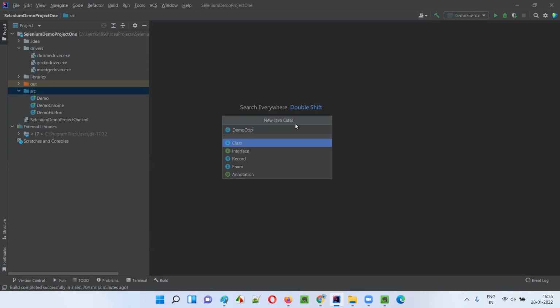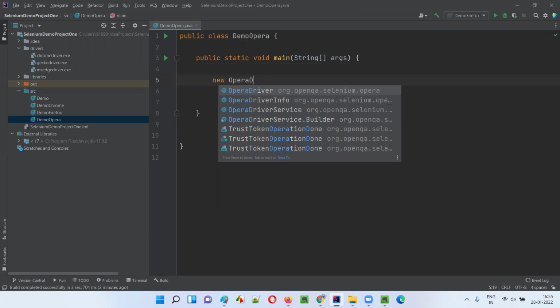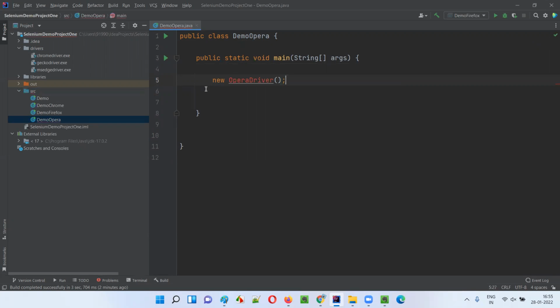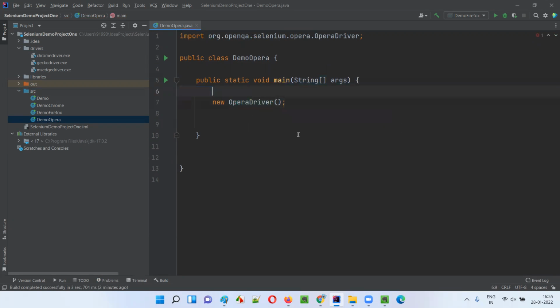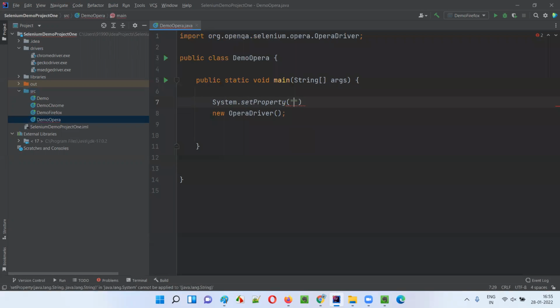Yeah, Opera, demo Opera. Then I'll give the main method, and here I'll create an object for the Opera driver. It is a predefined class in Selenium, OperaDriver, for the Opera browser. This constructor will open the Opera browser. Import this class, and simply here say System.setProperty, double quotes, comma, again another double quotes, put a semicolon here, and here first one WebDriver.opera